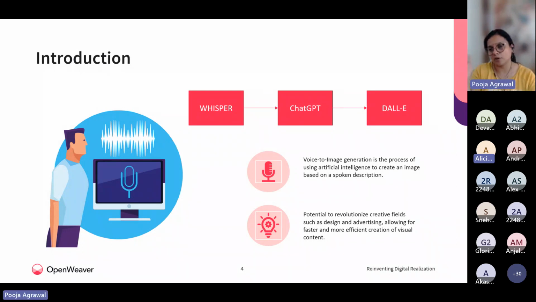That prompt becomes the command for the image generation module, which is DALL-E. Okay. So three things we are using: Whisper, ChatGPT, and DALL-E. And this process where we are creating an image based on spoken description has actually revolutionized how even marketing persons are nowadays quickly able to do quick interfacing. People who used to create a lot of art are putting their imagination into the form of digital images and using them for, let's say, logos, for their brand images, for their product images and whatnot.